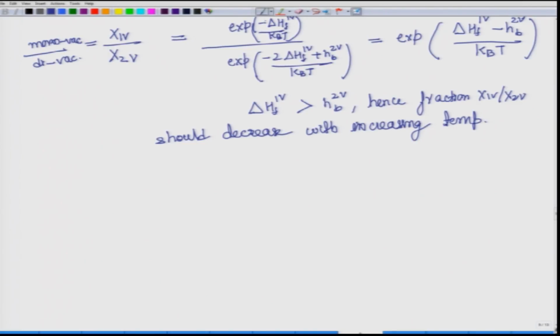However, you must be careful that even at a temperature close to Tm, even at T approximately equal to Tm, the proportion may have increased with respect to room temperature or lower temperature, but still it is mostly the mono-vacancies that dominate. So, mono-vacancies dominate in percentage.